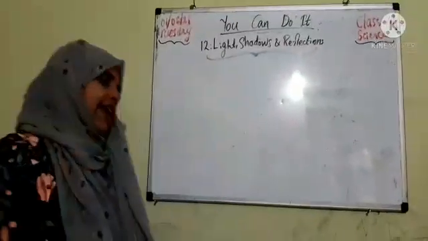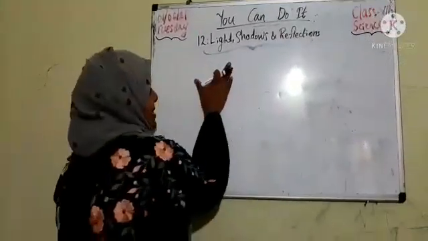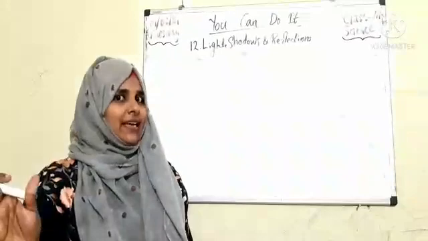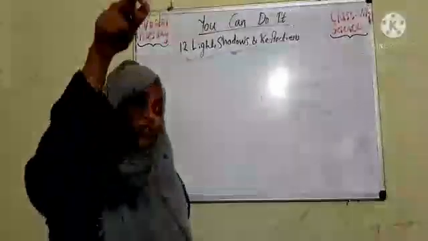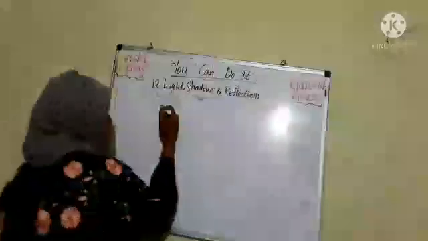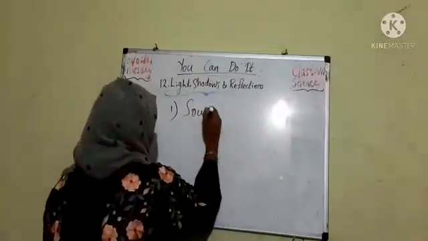Students, three conditions are a must for getting a shadow. Let's check what they are. What are the conditions? Source of light should be needed. What is actually the source of light in here? I will show. My source of light is the tube light. One source of light is compulsory for getting